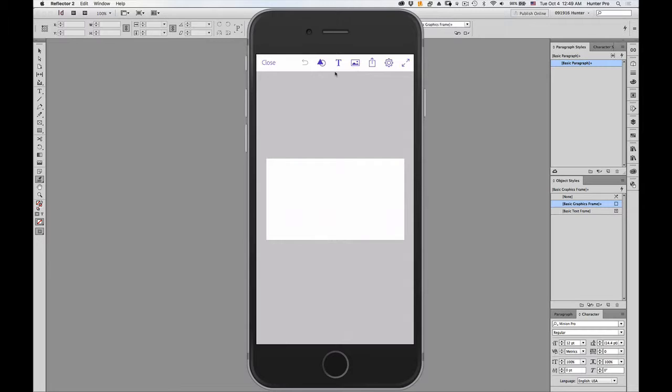And this is the Adobe Comp app. What the Comp app does is actually allow you to create comps or mockups that eventually turn into a real project. So let's say first I want to add text. If I want to add text, I can do the text gesture. And now I have a full